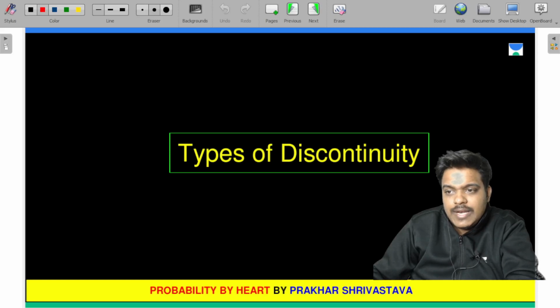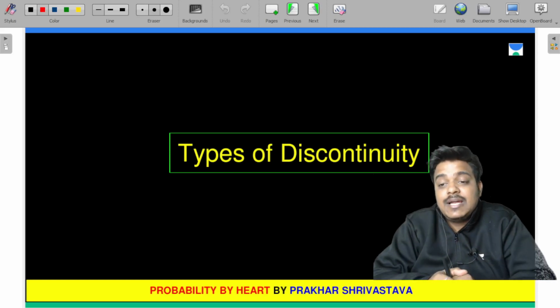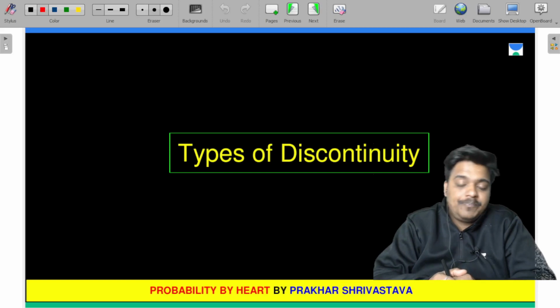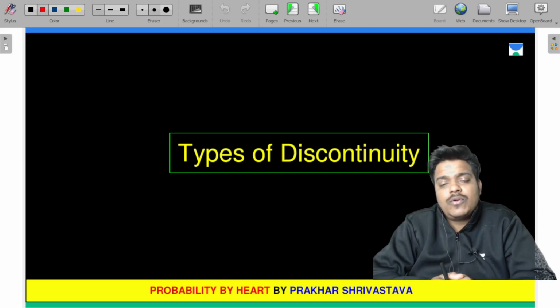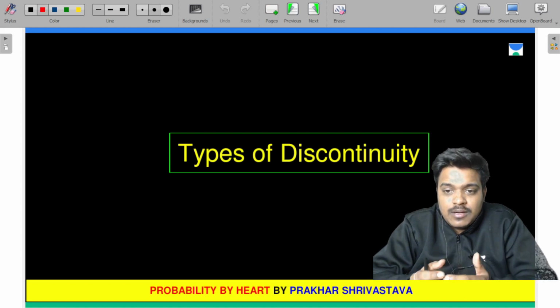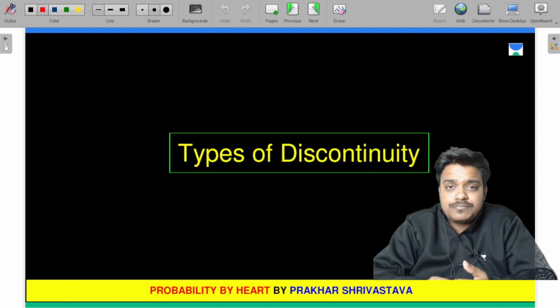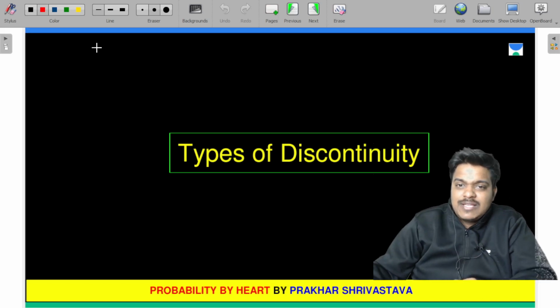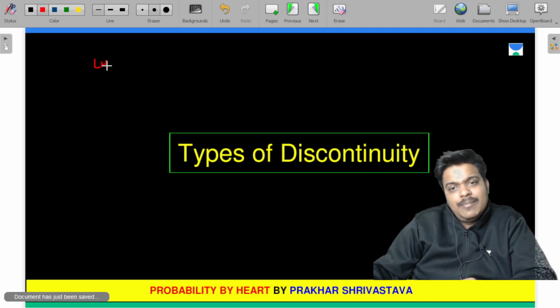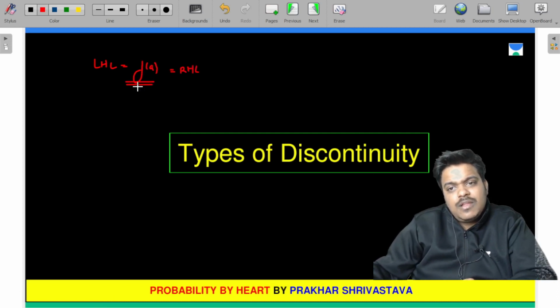Okay, so the next topic that we are going to discuss is types of discontinuity. Before we move forward, I would like to tell you that in previous topics we have covered what is continuity, what are limits, and what we mean by continuity. So I'll just revise a bit: if your left hand limit is equal to the value of the function at that point and it is equal to the right hand limit, we'll say